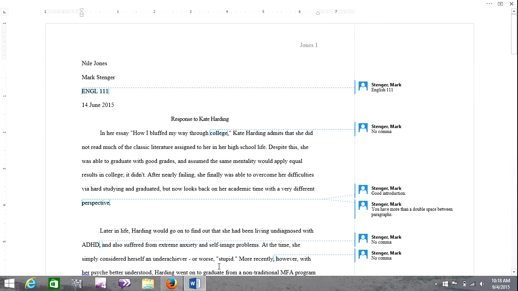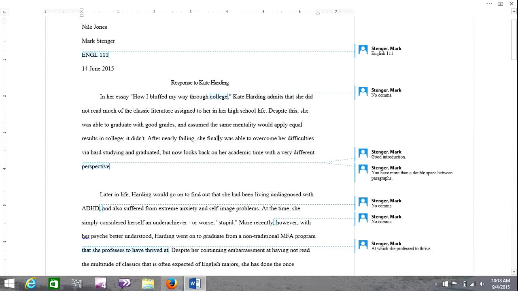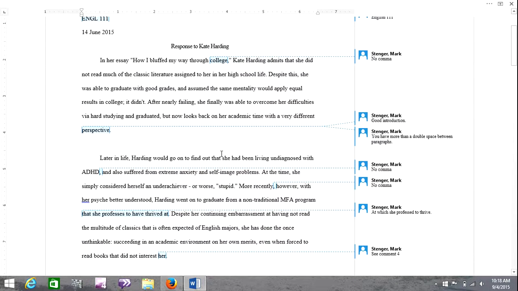This is a paper I received over summer term, and as you can see, when you get your paper back from me, it will look like this. You'll see that I include a comment on the mistakes that I notice, or compliments, as I say here, good introduction to this particular student. I will email yours to you, and it's important when you get that email that you don't simply hit open, you need to download the document. If you hit open, you're not going to see the comments over here on the side. But if you download it and then open it, you'll be able to see all of the advice I've given you.